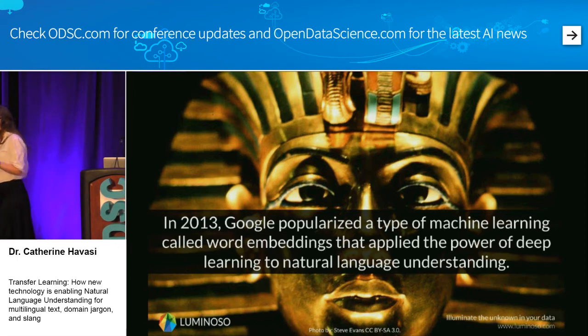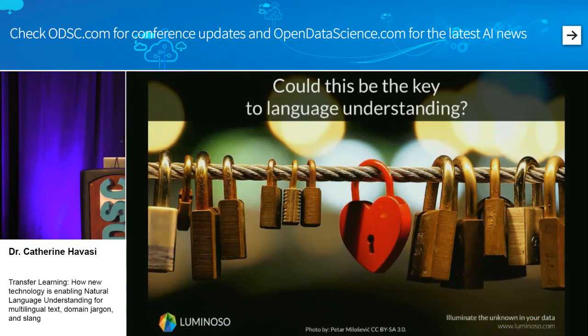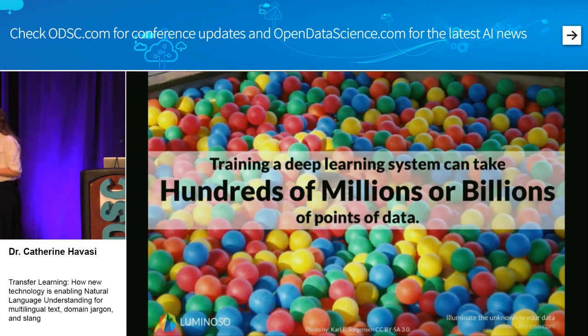And I think really brought up a lot of questions about whether or not that could help language understanding. So language understanding is one place where this is a real big issue, but it's an issue other places, which is that training something like Word2Vec requires a lot of data. So to build Word2Vec, we're really looking at the data on the web, right? And in most cases, for most domains or specific types of text, you don't have that kind of data.